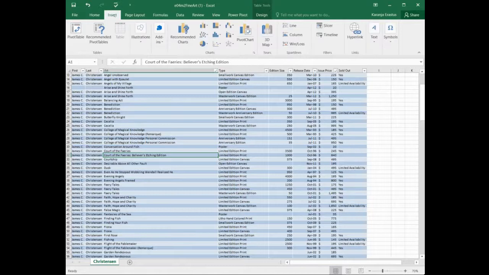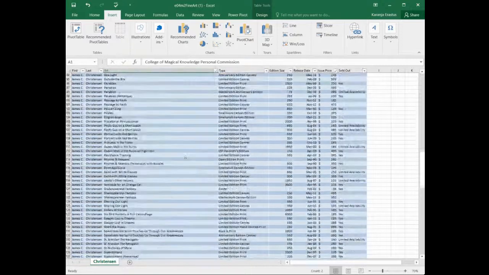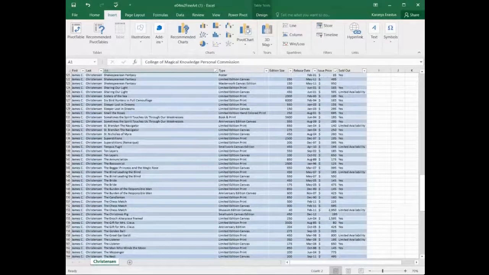Data, data, data. Need to insert the rows and the columns. The rows and the columns. Okay, let's